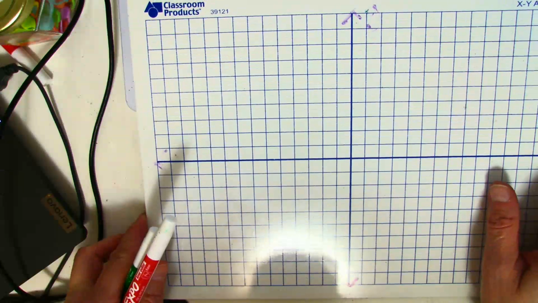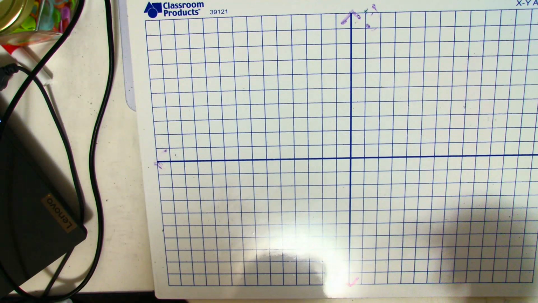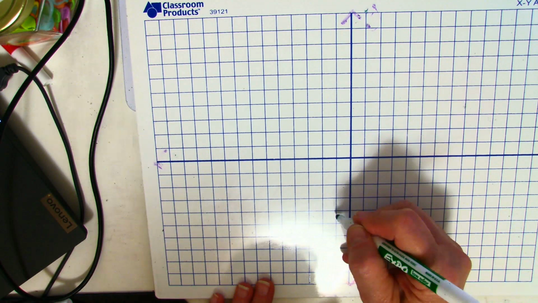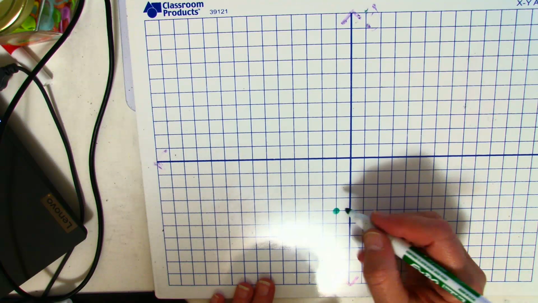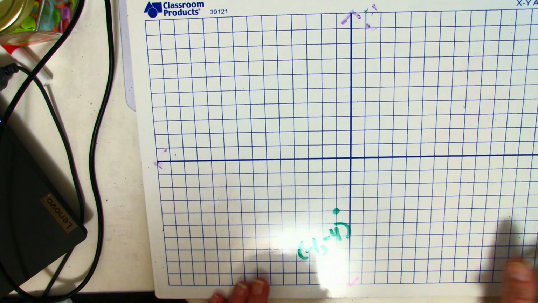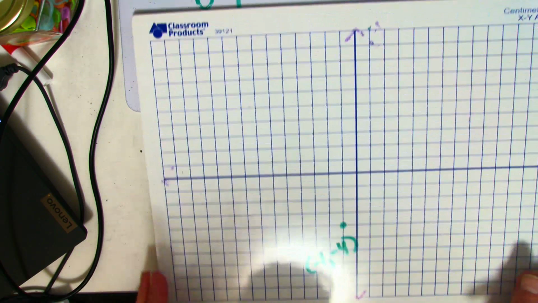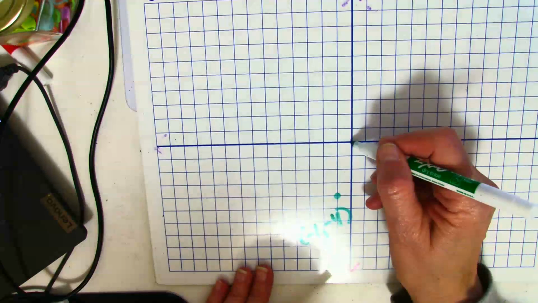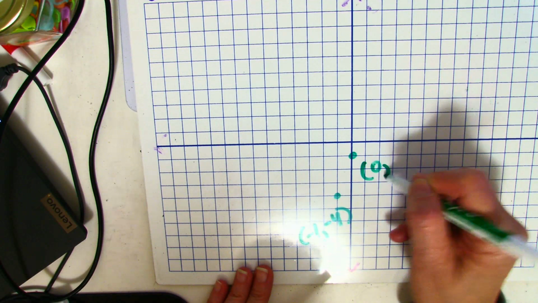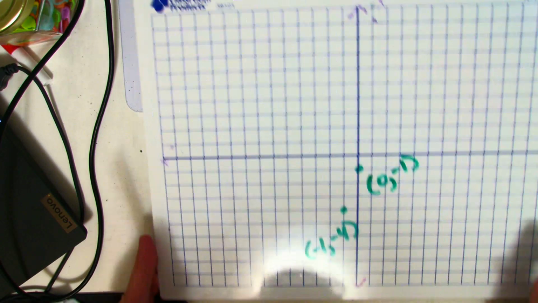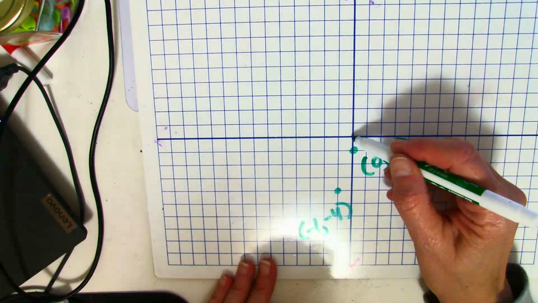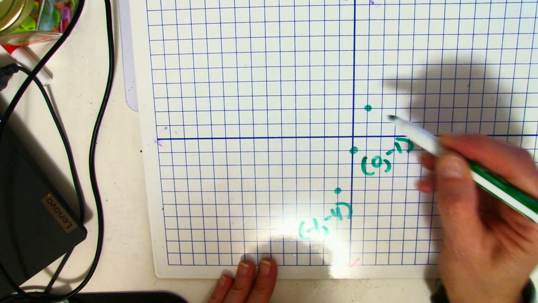So for the first point, I have negative 1, negative 4. So negative 1, go down 4, and that's going to be negative 1, negative 4. The second point is 0, negative 1. So here's 0, and I'm going to go down 1. So I plotted 0, negative 1. The third one is 1, 2. So I find 1 and go up 2